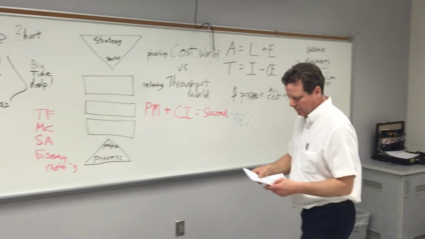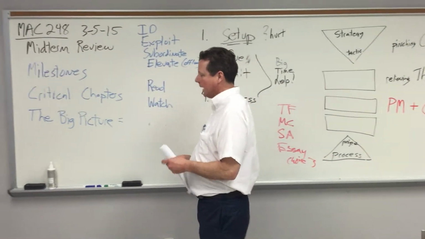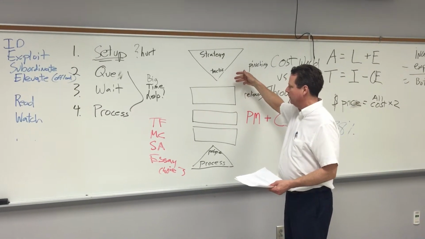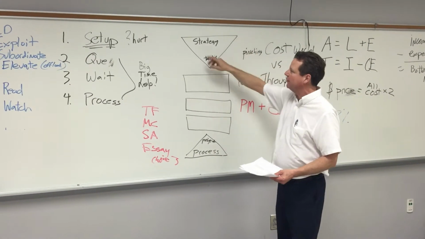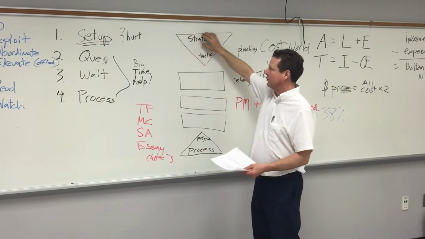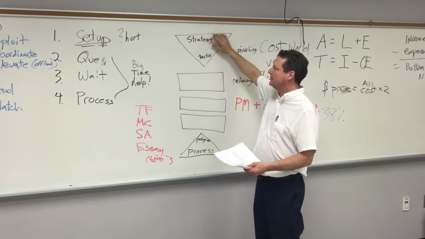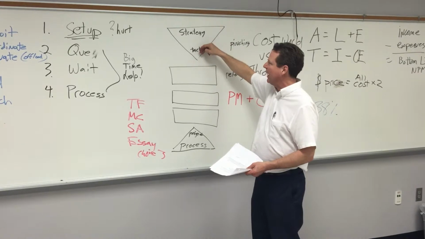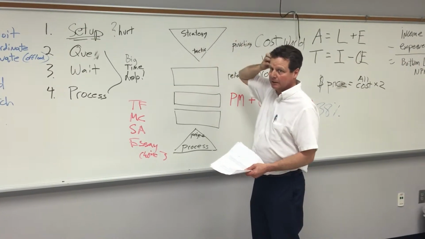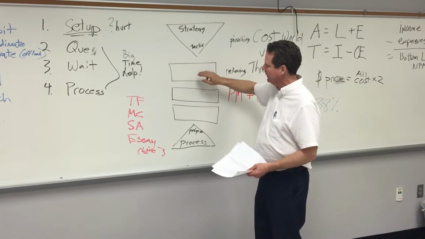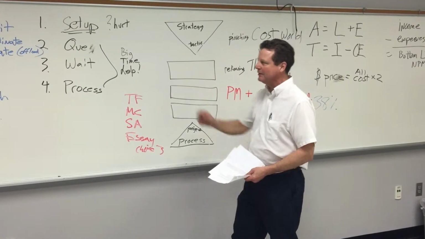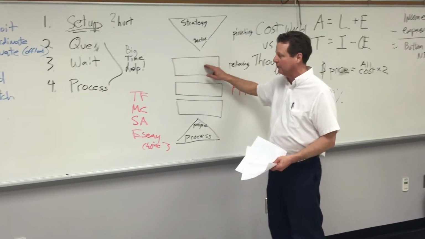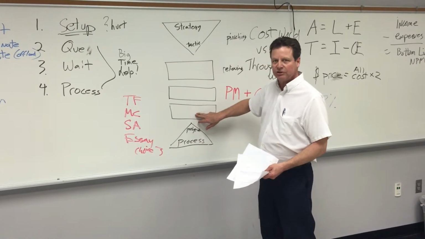So in week 1, we started with strategy and tactics versus project and process. And here is my graphic for that. This is a deductive essay format. But strategy is the 20,000-foot view. It's like the big, broad statement in this essay question. It boils down to tactics on the granular level. Then in the body of the deductive essay are 3 points. I always have 3 talks every day, if you notice. I try to tell you 3 things. Tell you what I'm going to tell you, and then tell you what I just told you.